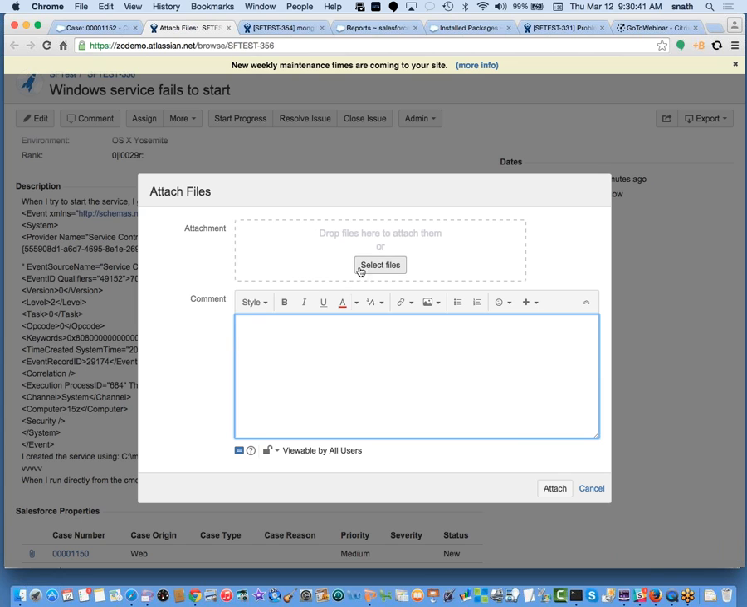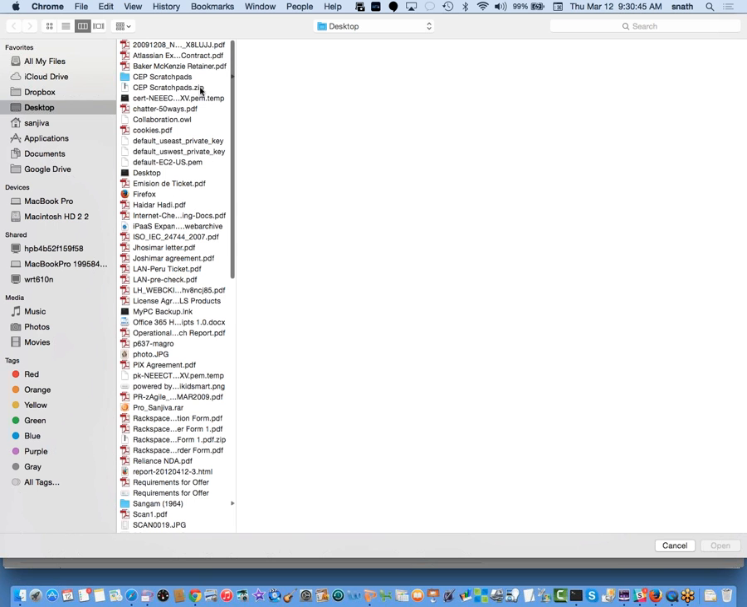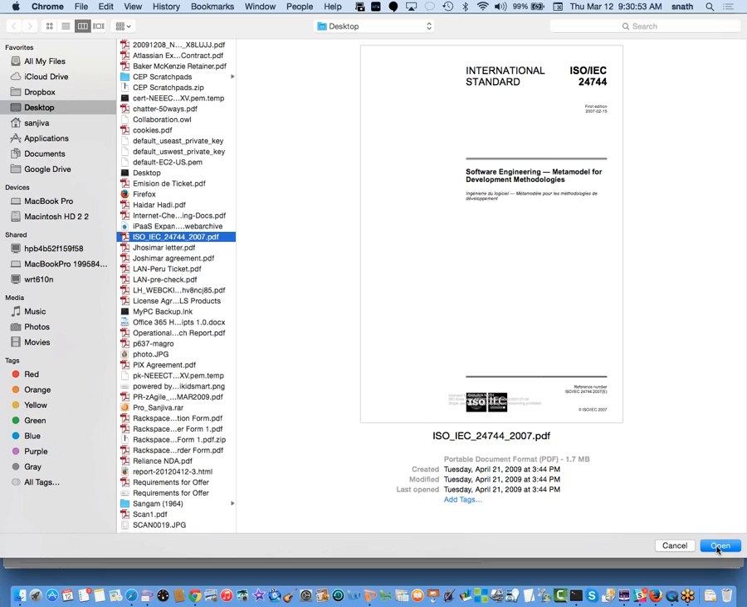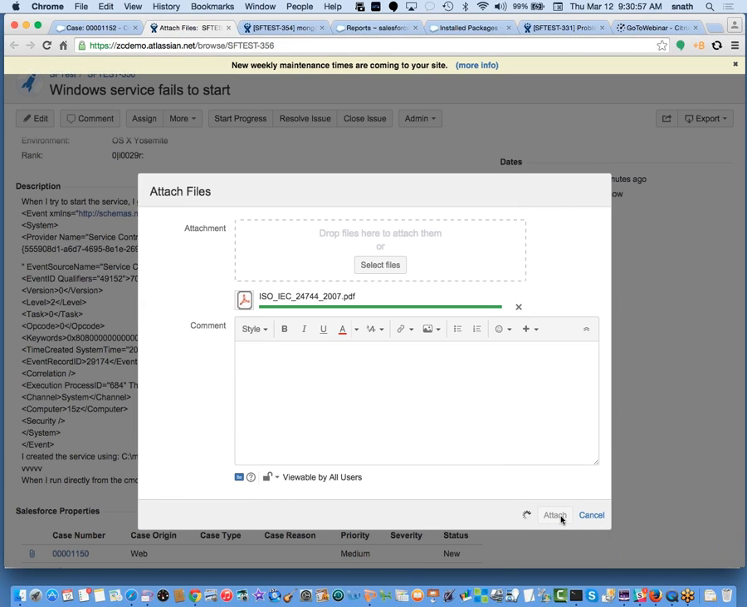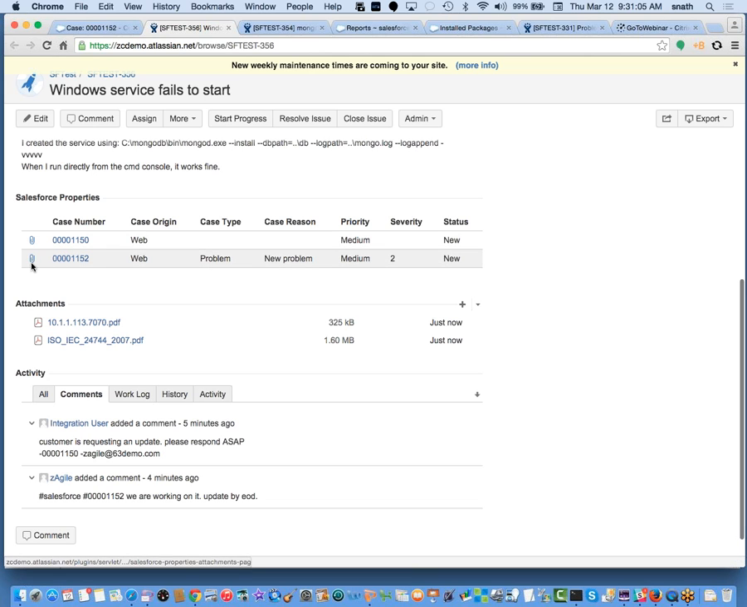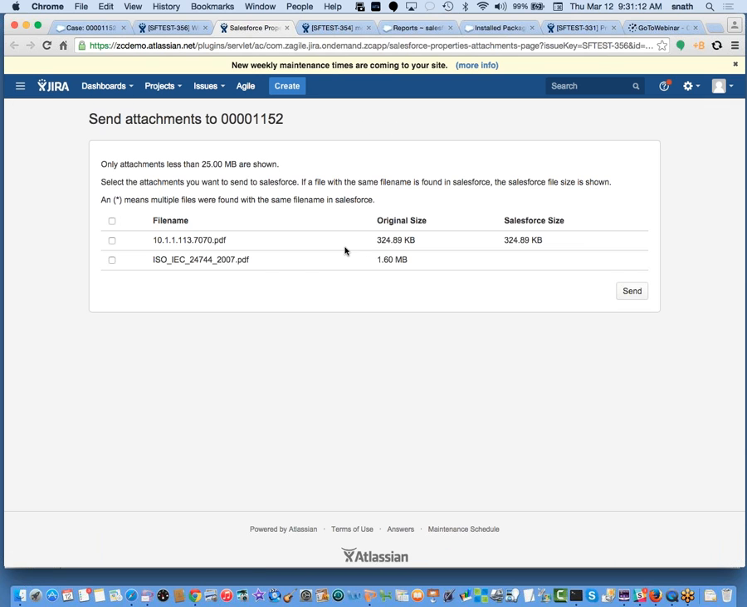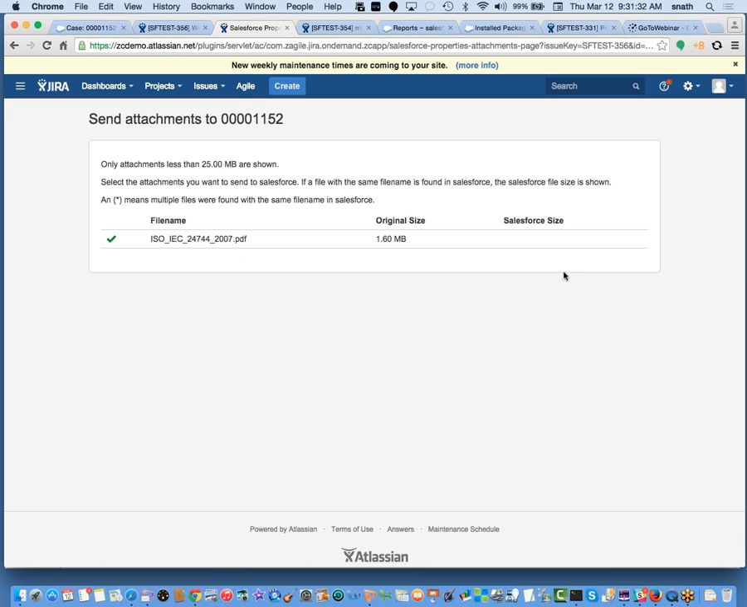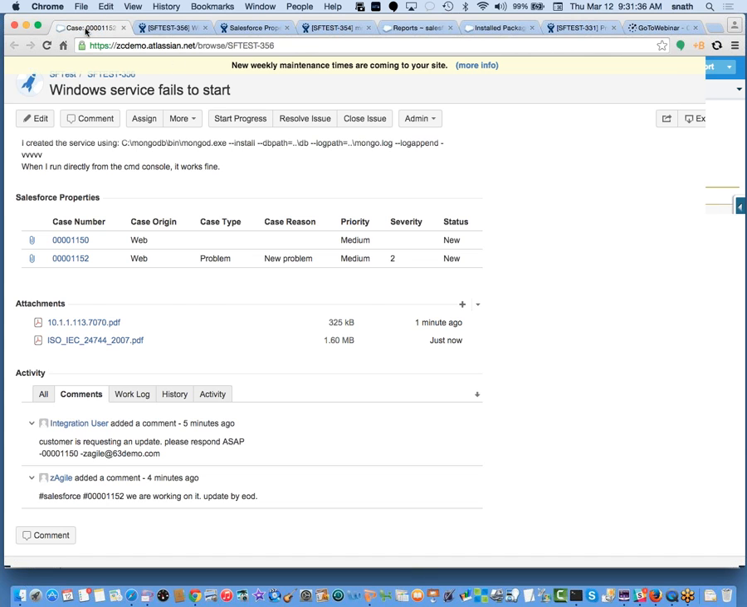I can attach a file to the issue, for example. And then what I would need to do is specify which case I want to send the attachment to. So let's pick this one. And again, here it will show you the same thing, because there are two attachments here. One which already exists in Salesforce, and it should because it came from there. And this one here, and what the size is. So I will choose to send this to Salesforce. So when you go to the case, you will see